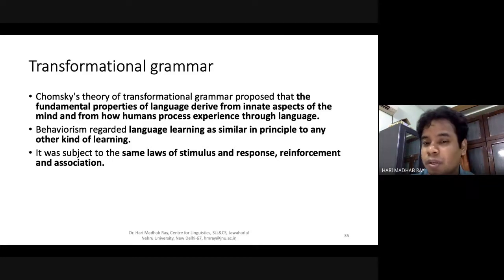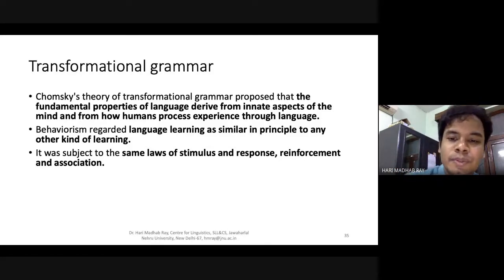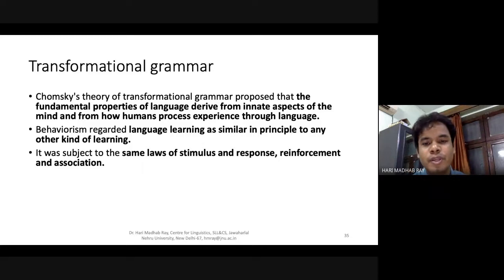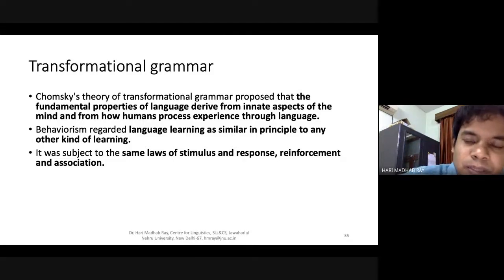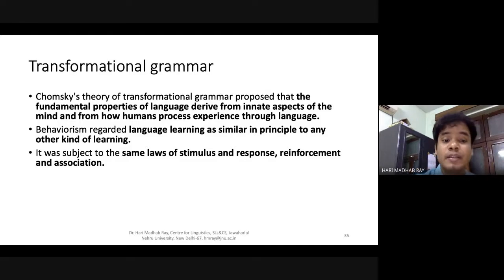If you remember the dog and the food, from your school days, the ringing of the bell, the food, and the dog starts salivating. So stimulus and then the response. In language, it's not exactly like that; there is a stimulus and you may not have a response for that matter. So the principles which had been practiced, reinforcement and association,